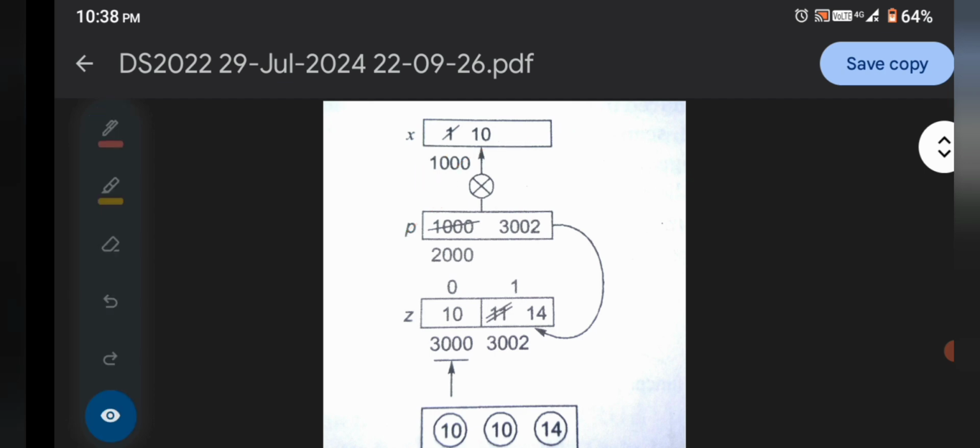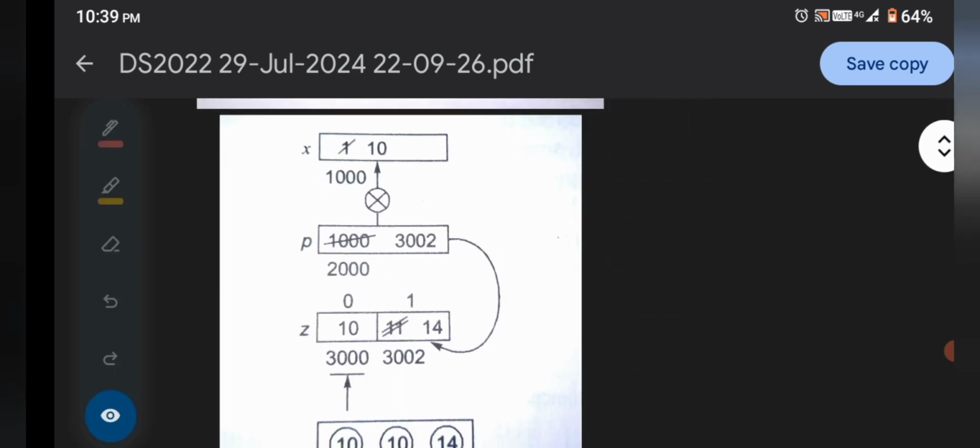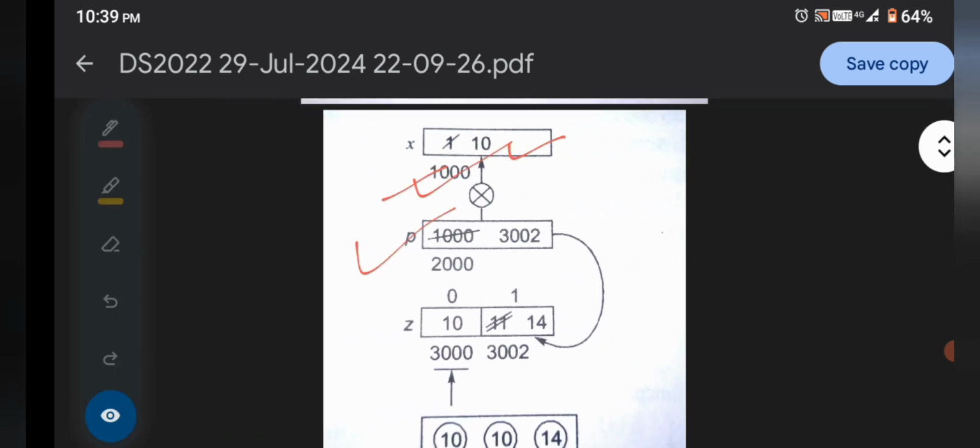Now move on again in the program. You can see here the pointer p is equal to 10, which is indicating the address of x, and the address of x contains the 0th index value of z. Now move on to the solution. So here the memory looks like this. Now, assuming z as the array, the address of the 0th element of the z array is, let's assume, 3000, and the next is 3002, because it is an integer type, so we assume addresses based on integer size.